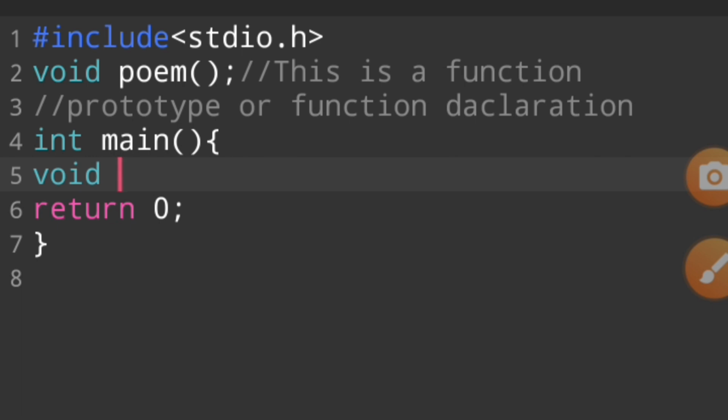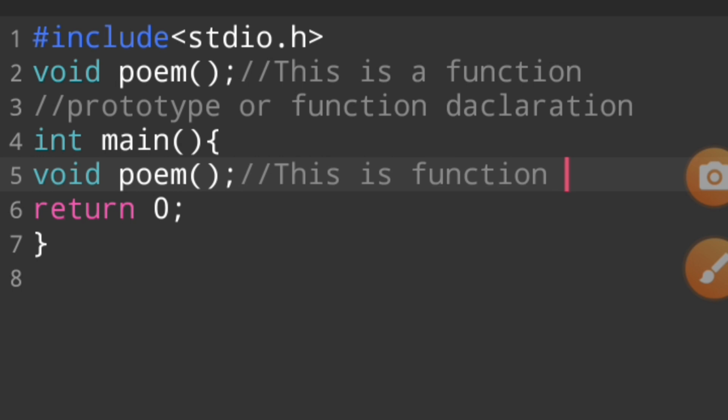So we say pom. In this function we can't pass any value because this is a basic program. This is a function call.